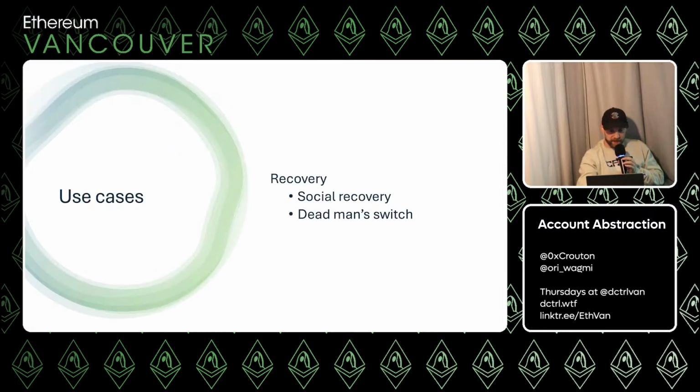Let's look at these specific examples of what we can do with account abstraction. This first one being recovery. Again, we talked about how if you lose your private key in an EOA, you're basically screwed. So we can set up things like social recovery. If you have it in place that if you lose your account, you can say, oh, I have this group of my 5 friends, and if 3 of my friends come together, they can help me restore that account.